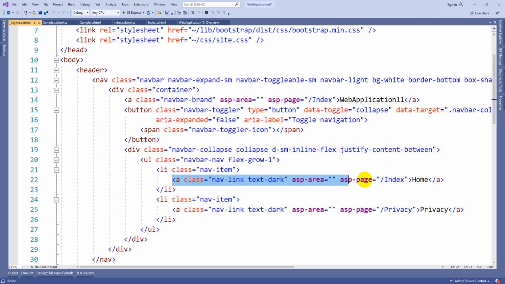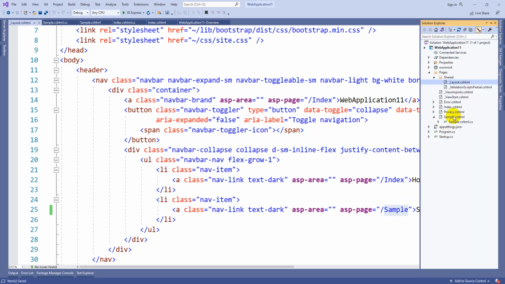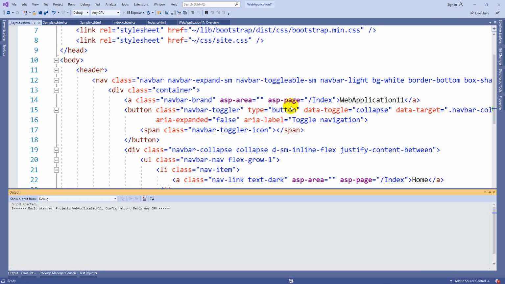The only thing is, there we used HTML helper classes. Instead of that, here in .NET 5 they completely used regular HTML tags to avoid confusion. Whenever you want to give a link, you can give it by href, otherwise you can use asp-page. This is the page they are giving. Suppose I just want to link my sample page, so the page name is also Sample here. This is displayed to the end user. This is the name of the page I am trying to call. I just created Sample.cshtml, right? That is the reason the link name is also the same. Let me execute and check whether it is working or not.